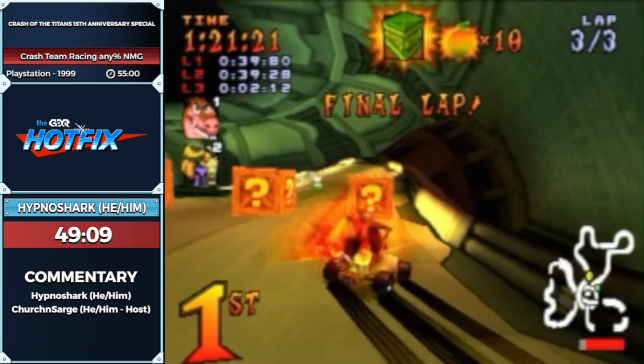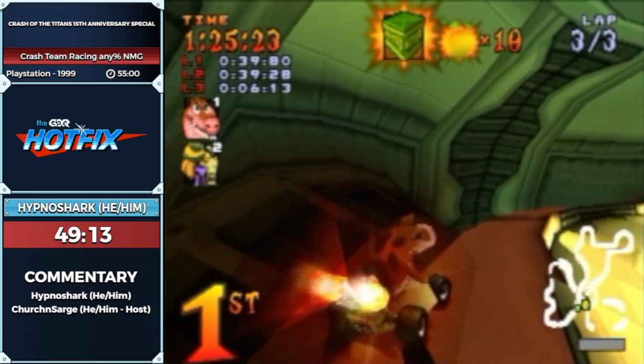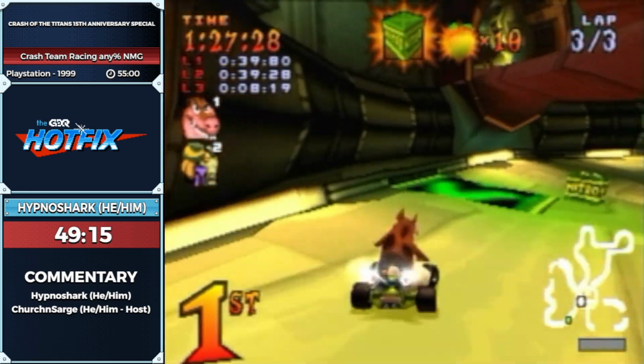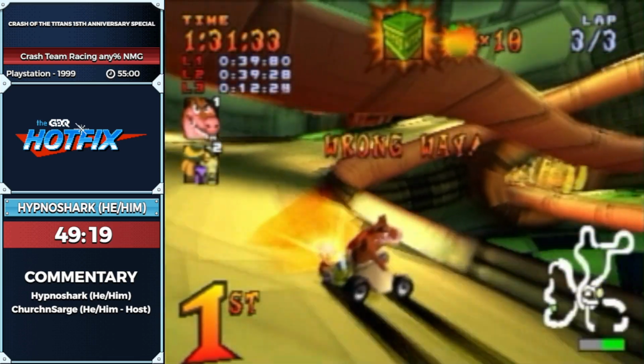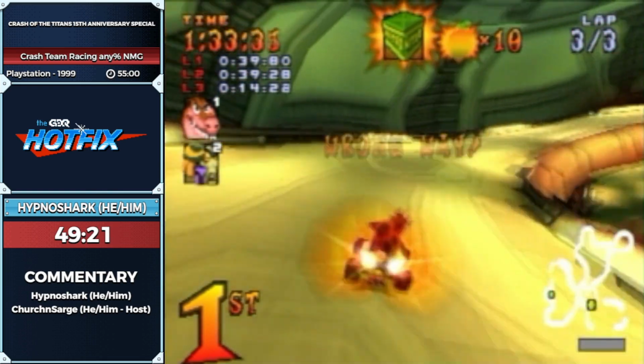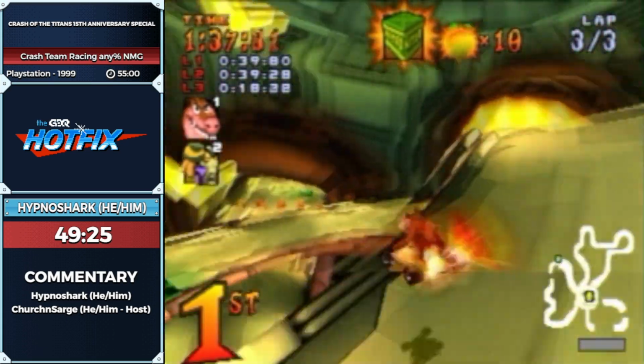Green potions can troll you here. They are not in the way of a shortcut, thank goodness. There is a nitro down here that can be in the way. It is not. We are good. One last shortcut. Let's see if we get it. This would be the ribbon on the present. What is this run? That is...